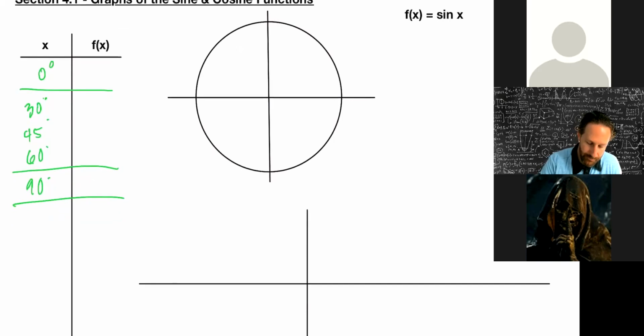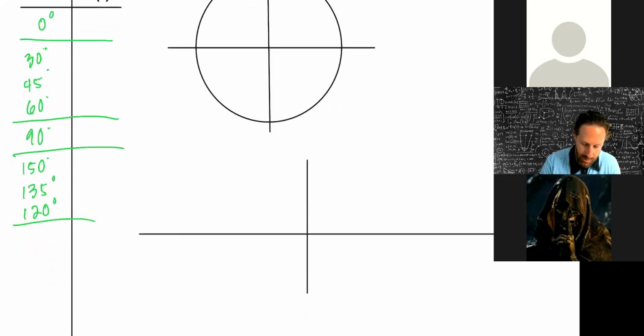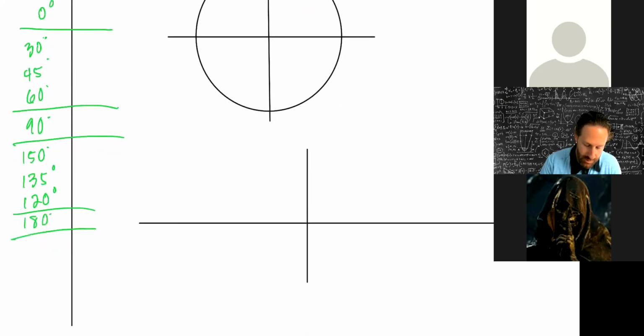Do you remember? 150, 135, and 120. Now, if I wanted to be correct in doing this in increasing order, I'd have to swap these two. Okay, but I'm looking at the reference angles being the same. So however you want to write it, then we would get to 180 degrees,